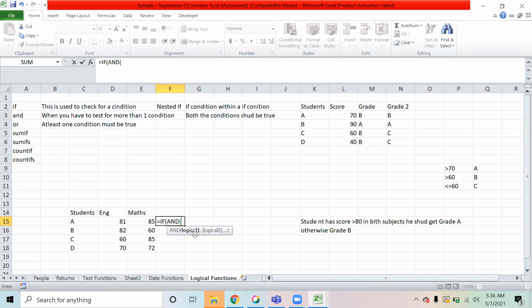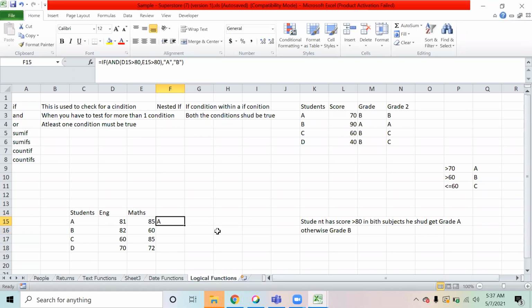My first condition is that this should be more than 80, comma, second condition is that this should also be more than 80. Now, if both the conditions are true, value if true, I want the output to be grade A, otherwise grade B.